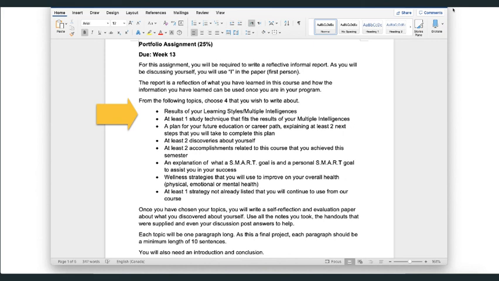The next one is at least 2 accomplishments related to this course that you achieved during this semester. Have you become better at using SMART goals? Have you become better at time management? Have you become better at studying? Anything that you've learned you can discuss here. The next one is an explanation of what a SMART goal is and a personal SMART goal to assist you